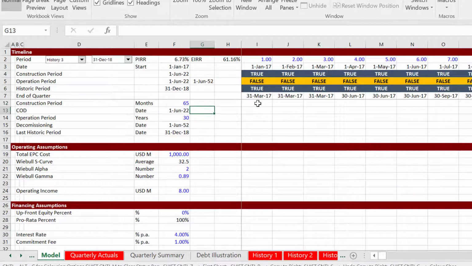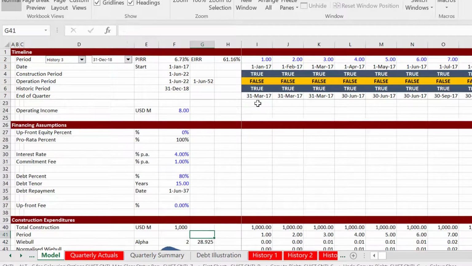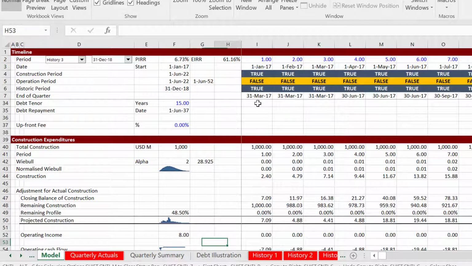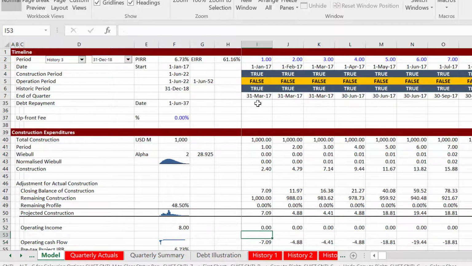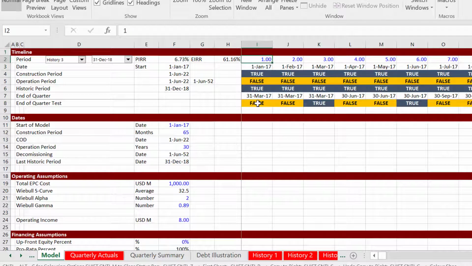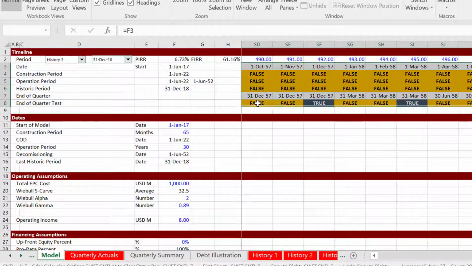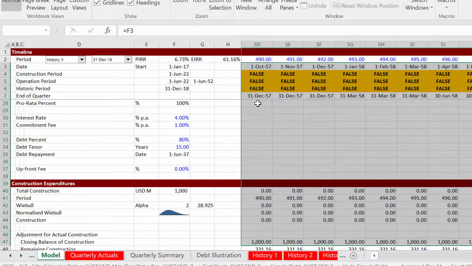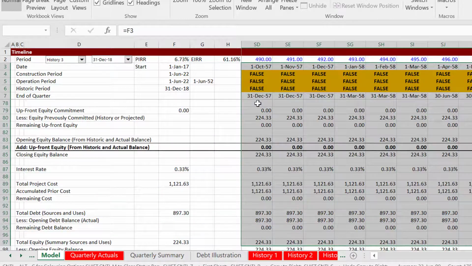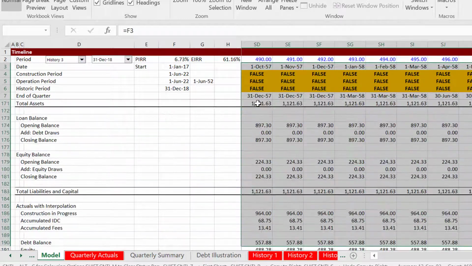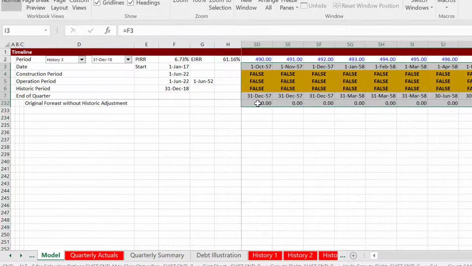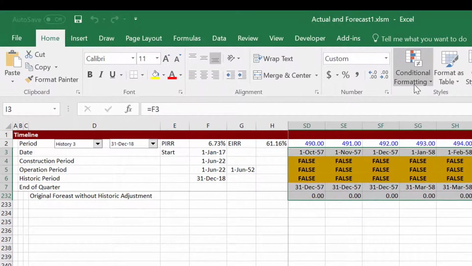So here's our input data. We input the debt percent and how much is pro rata and how much is up front. Thanks to Heidi. Let's select this whole thing, and because we're talking about the actuals, I think I should make the actuals a slightly different color. Now, when you do this, it's probably a good idea to make a